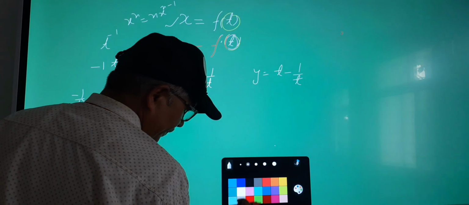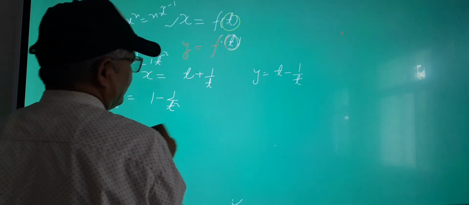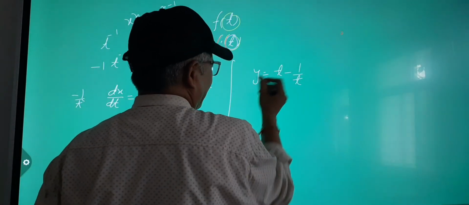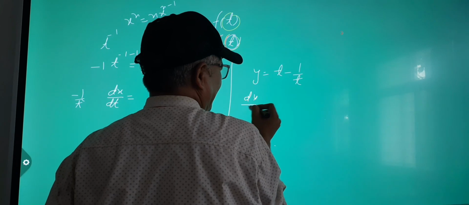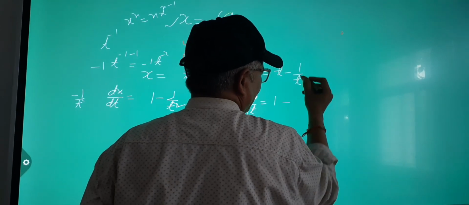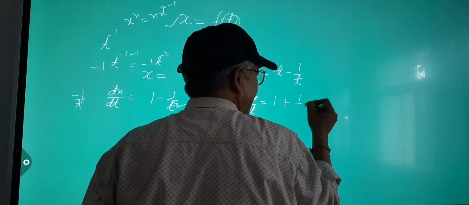So it is minus 1 upon t square. Okay, and now here derivative of this one, dy by dt is equal to 1, derivative is 1, minus 1 upon t का सेम आ गया, minus 1 upon t square, उस माइनस से माइनस क्या हो जाएगा प्लस, it is 1 upon t square. थोड़ा सा सिंप्लीफाई कर लेते हैं.